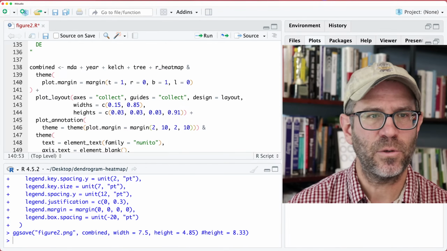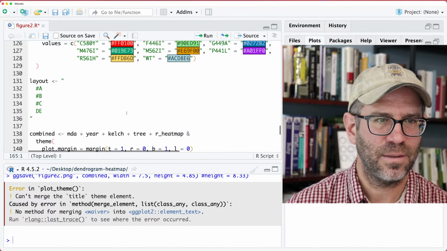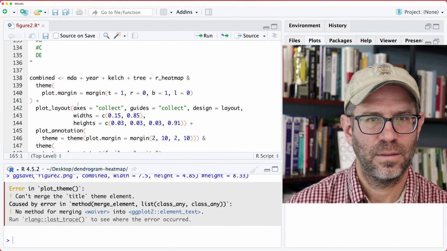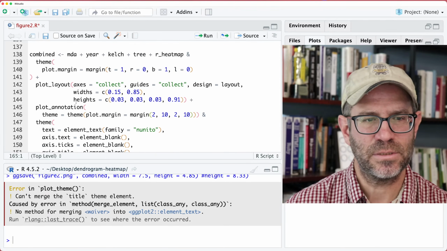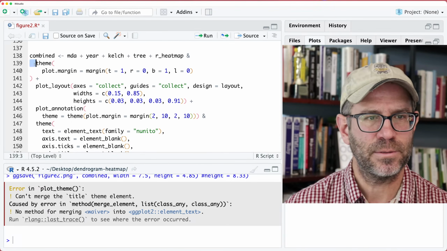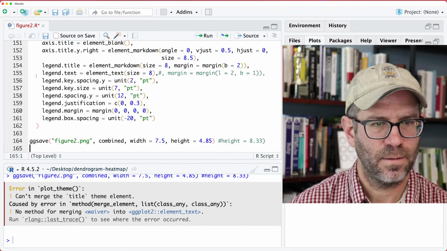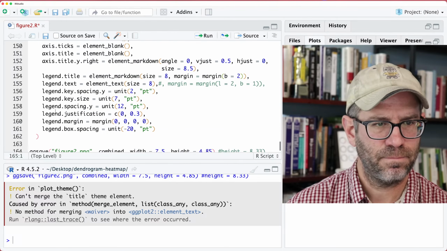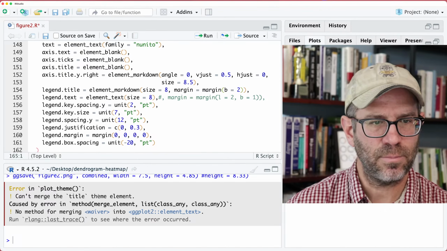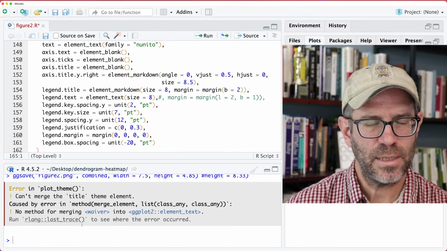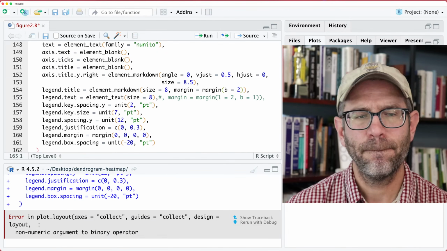It would be nice if there was a way, oh, can't merge the title theme element. I wonder what that means. So if I comment this out, it's still unhappy. Okay, it's saying can't merge the title theme element, which makes me think that